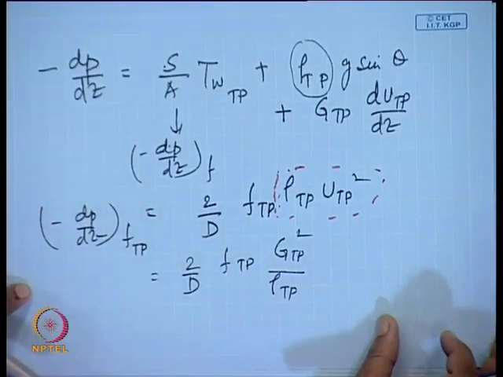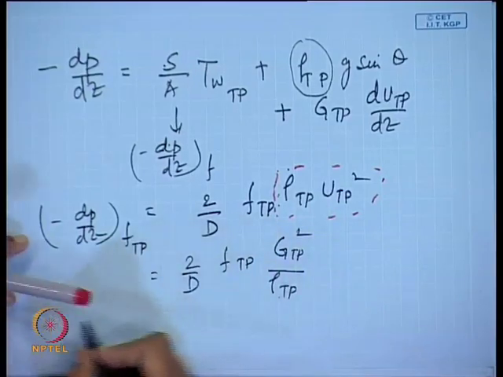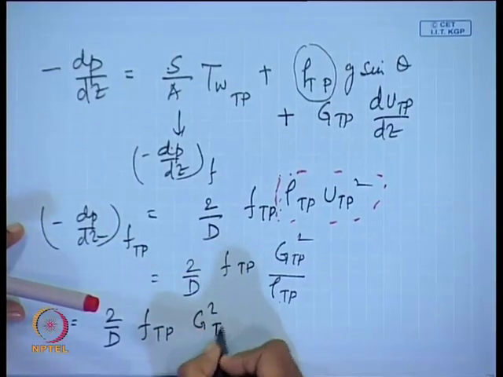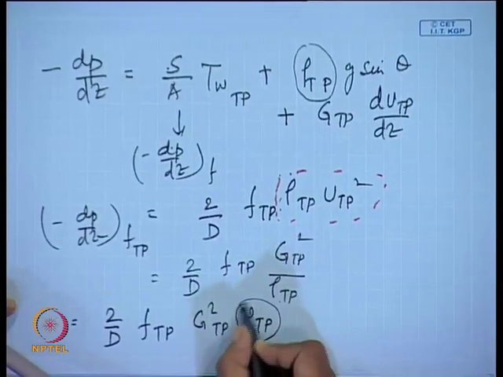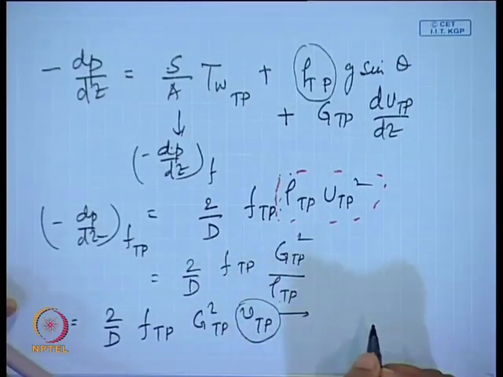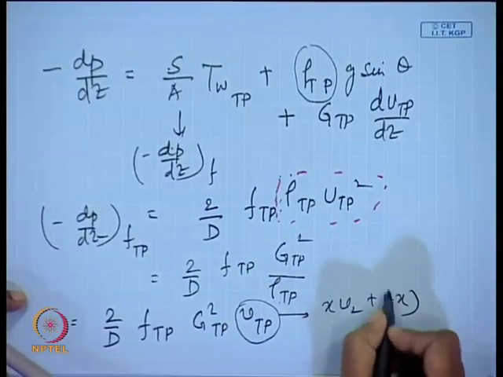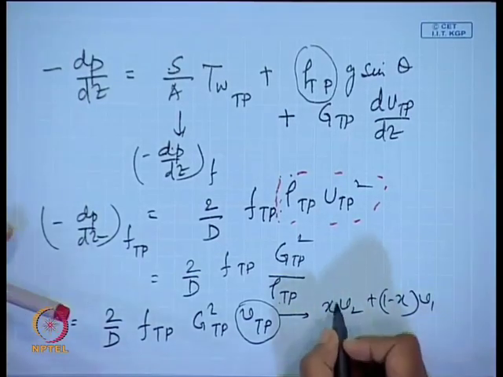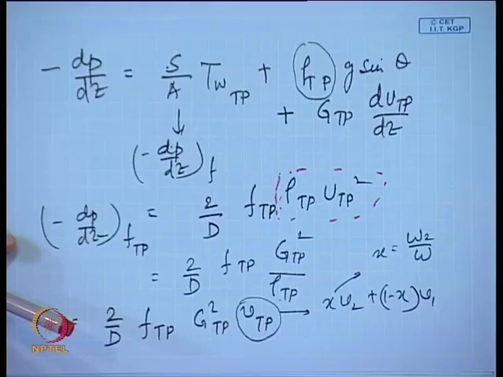Now, as I had already mentioned previously, this 1 by rho TP can also be written down as 2 by d f TP G square, agreed, and this particular term can be defined in terms of quality. So, this can be expressed in this particular form, agreed. And x, as I have already mentioned, is also an input parameter,